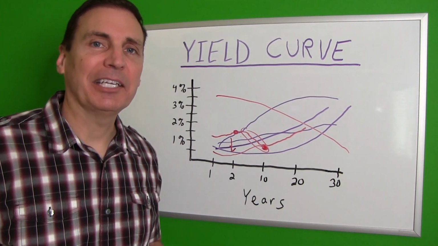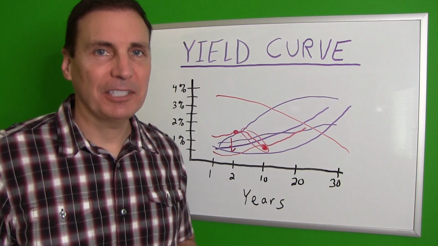Keep in mind, an inverted yield curve is just a potential indicator of a future recession. It is not the cause of a recession. And also, it could be an indicator of a recession, but it is not a predictor of when that recession is going to happen. A recession could happen 2, 3, 4 years down the line, well after the inverted yield curve has already occurred. I hope this video was helpful in explaining the yield curve and the inverted yield curve.